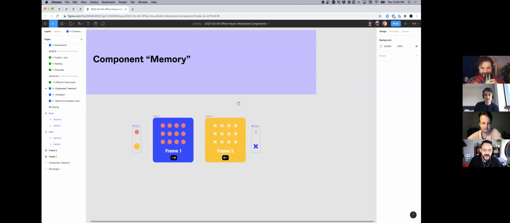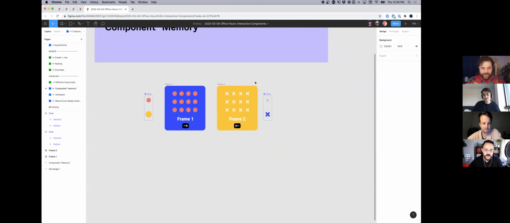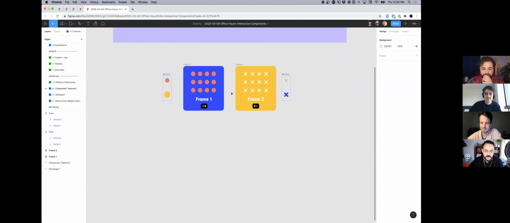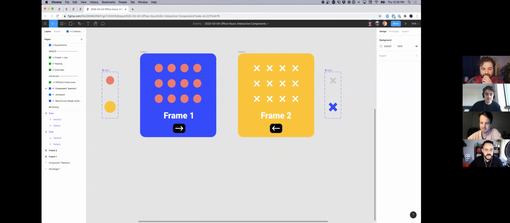Appreciate it. All right, so we're going to talk a little bit about component memory, or I like to call it frame remembering. For me, that helps me understand the concept a little bit better. So I'm going to deconstruct this a little bit. I have two frames. So here's one of my